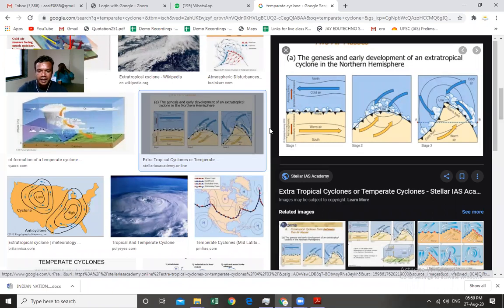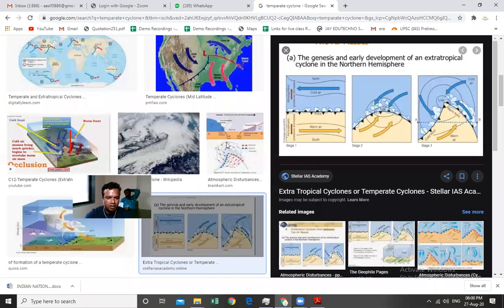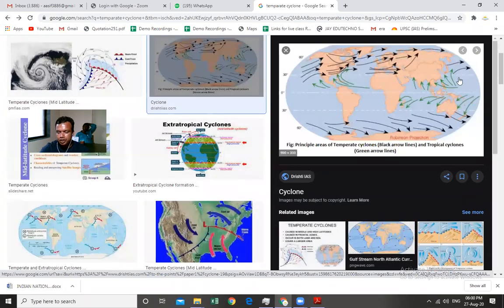At the same time, the size and the location of the tropical cyclone and temperate cyclone is also different. The normal and ideal tropical cyclone size is around 200 to 300 kilometers. Right? Can you see here the tropical cyclone, like the thing which you have seen here? So the total structure of the tropical cyclone will be around 200 to 300 kilometers, while the temperate cyclones will be covering around 4,000 to 5,000 kilometers.